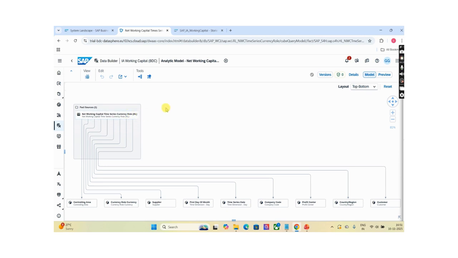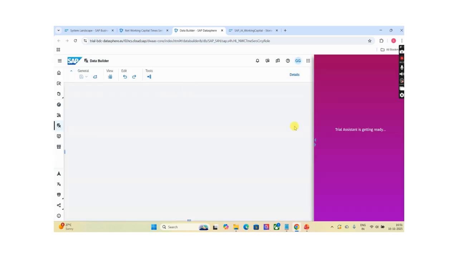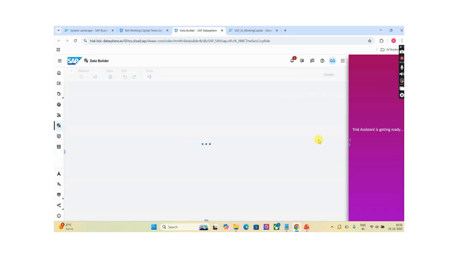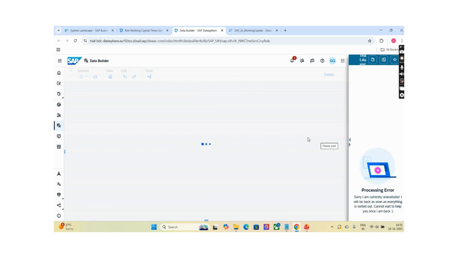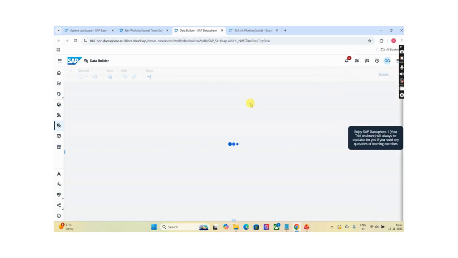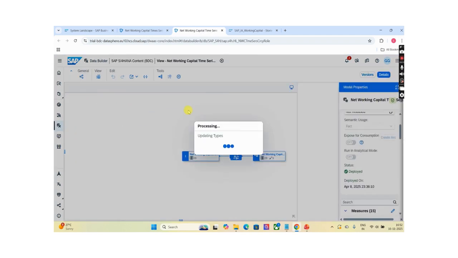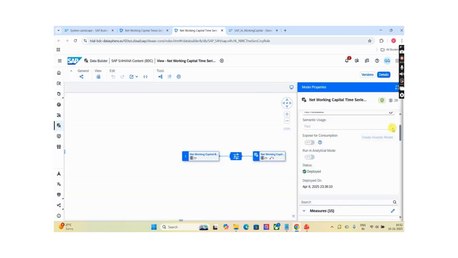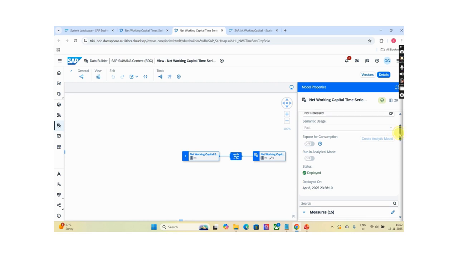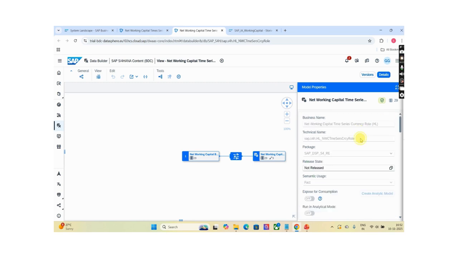Open this view in a new window. Okay, so this is the fact view we are using for the analytical model. Copy the view name.